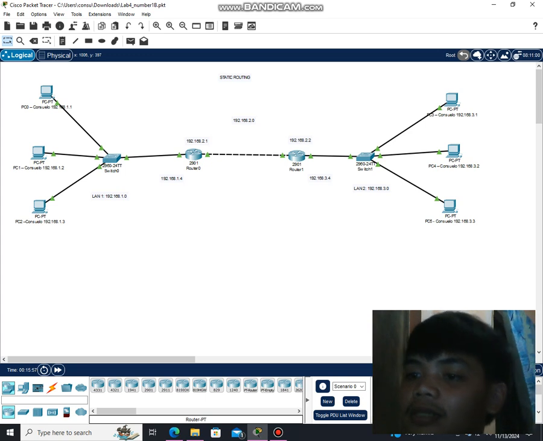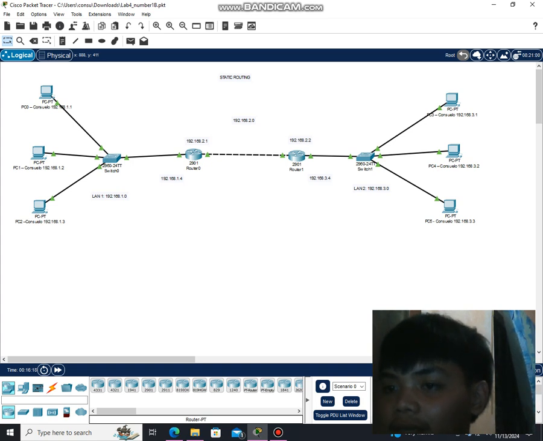For example, PC0 has 192.168.1.1 in LAN 1, and PC3 has 192.168.3.1 in LAN 2. The routers have IP addresses assigned on both their interfaces to facilitate communication between the networks.